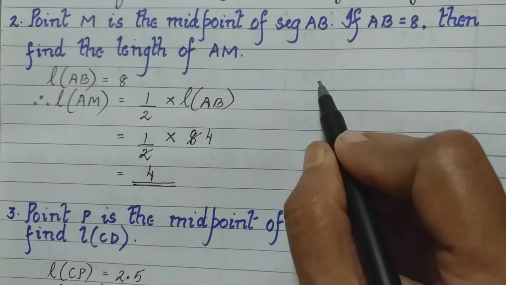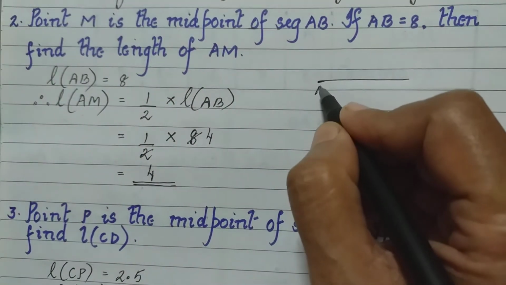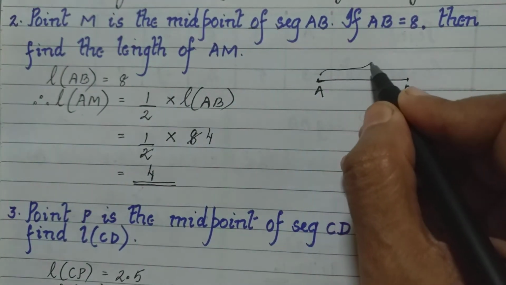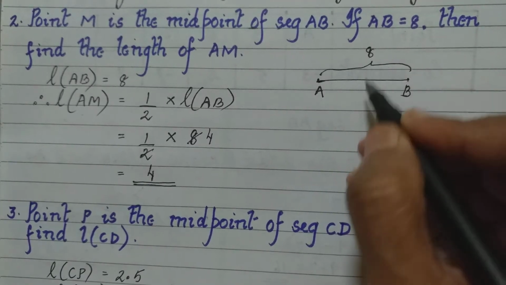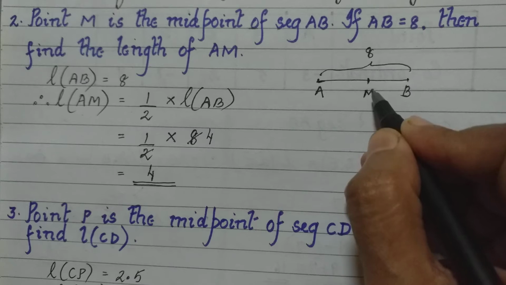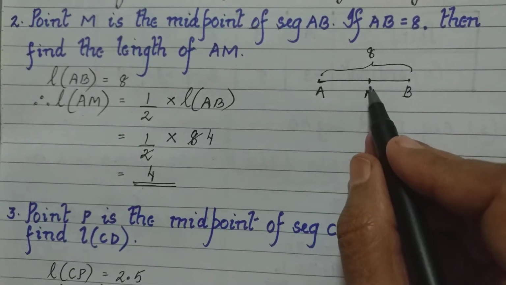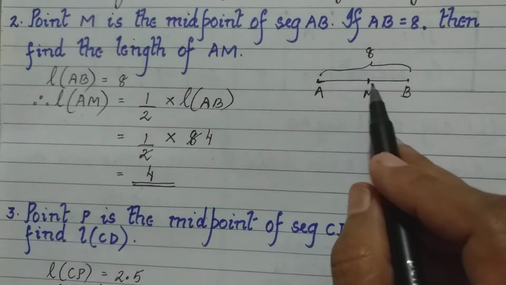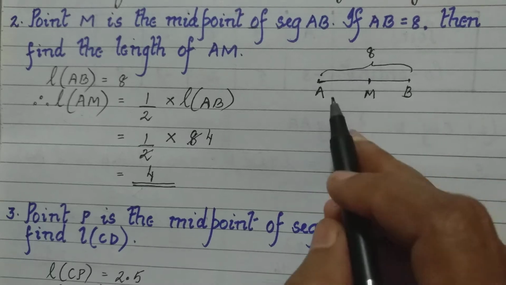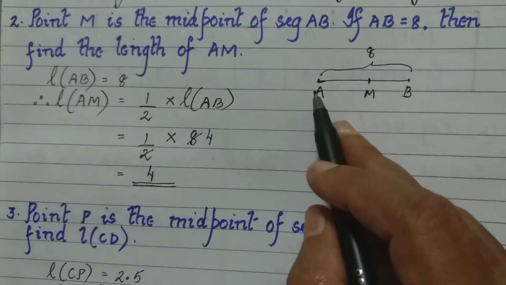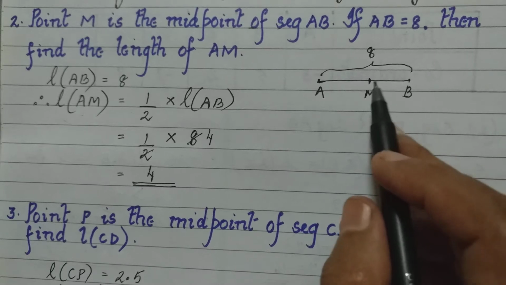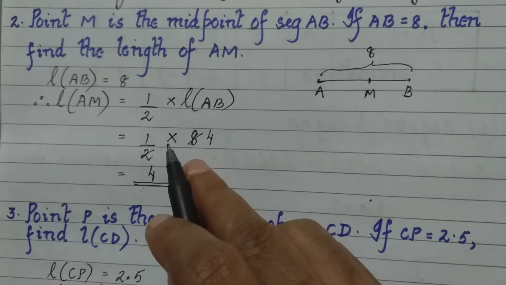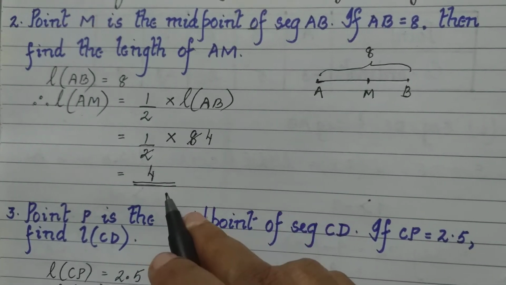So if we have a segment, say here AB, which is of 8 units, and here M is right in the center, which is the midpoint, then this AM will be half of AB. Okay, if they give us half the length and ask us to find out the full length, how will we find out? We will take this half length and multiply it by 2. Since here they have given us the full length and asked us for the half length, we multiply it with half, or we divide it by 2 and get 4.